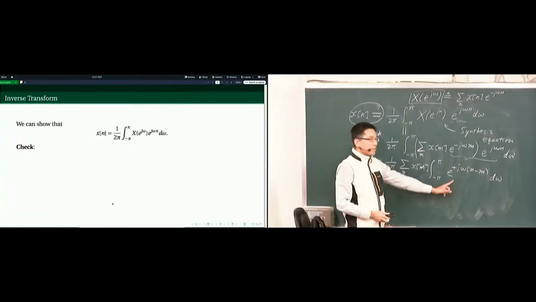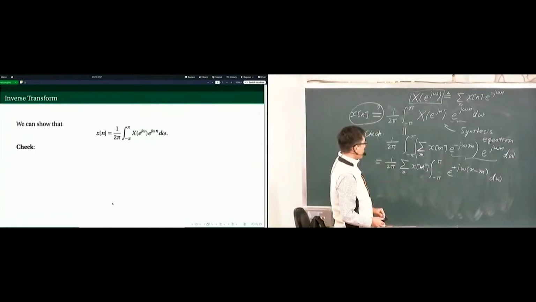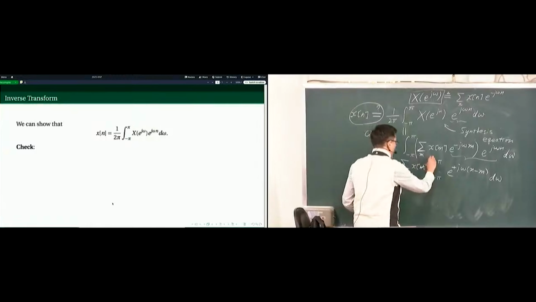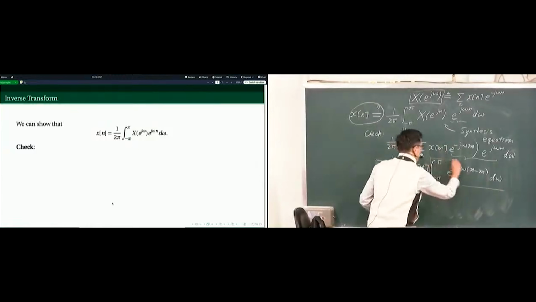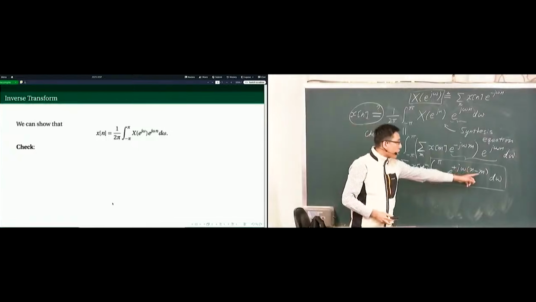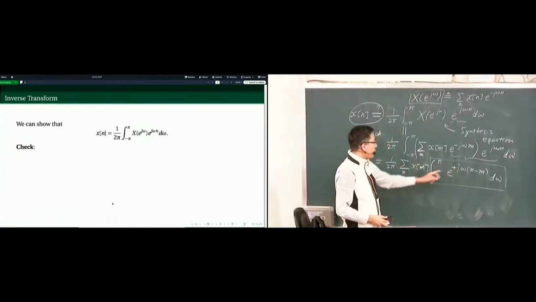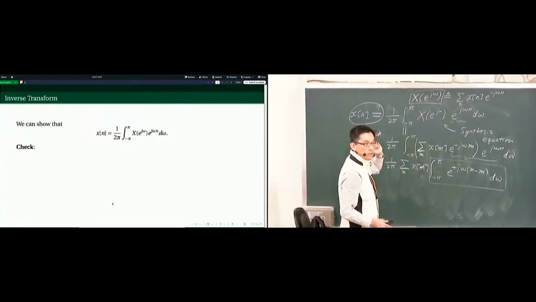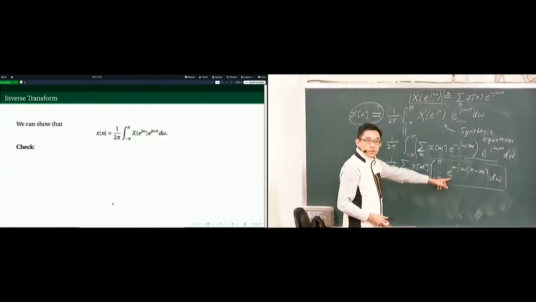Okay, so now we're almost all set. But here, we need to evaluate this integration, where both n and m are integers. M is the summation index, and n is the time index, right? So now when you consider this integration,